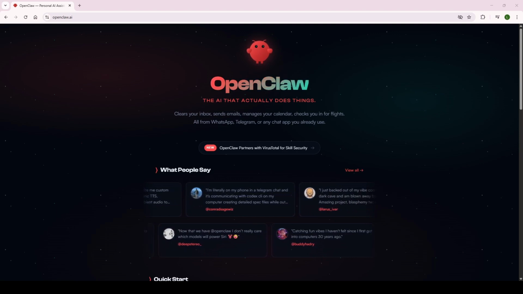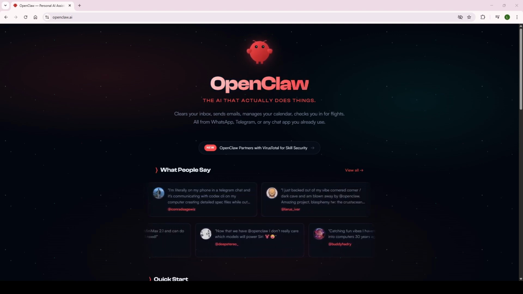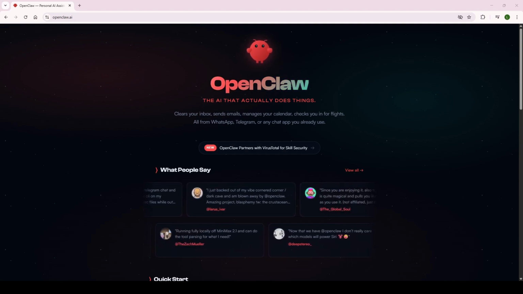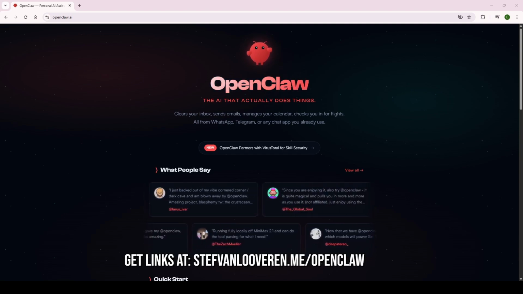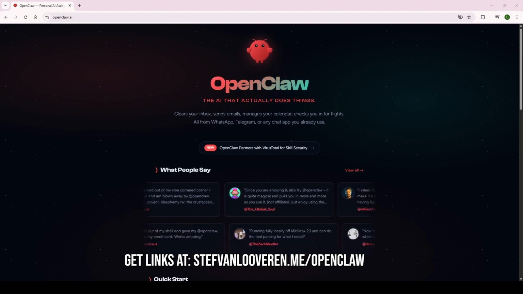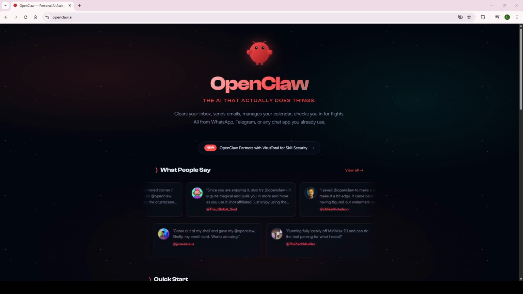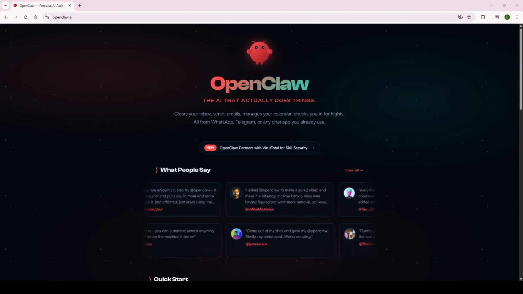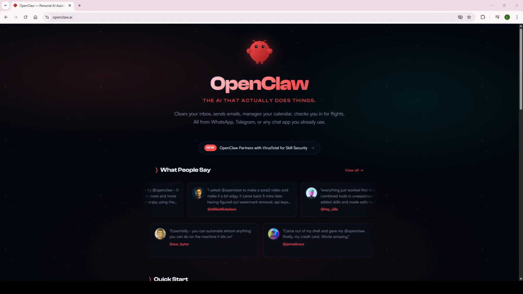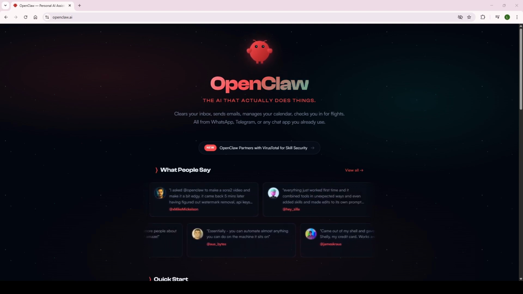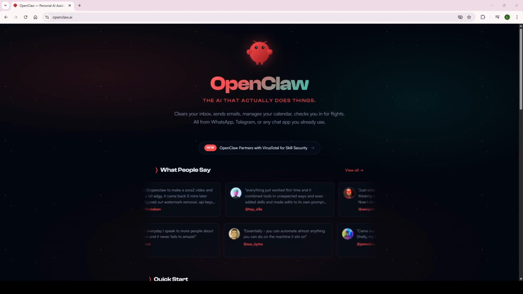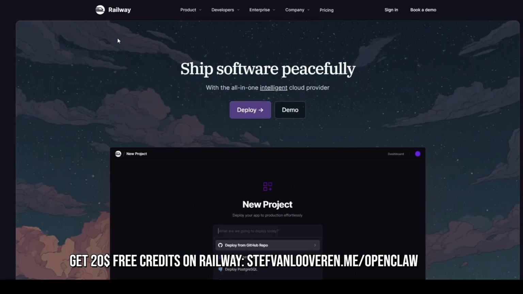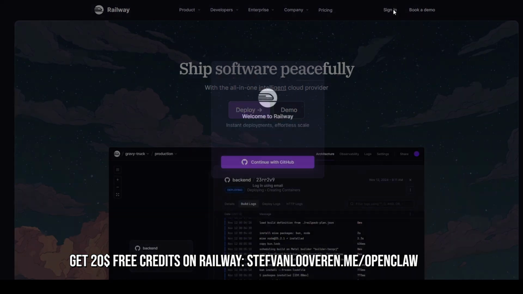In this solution and in this tutorial, I will be setting it up with Railway. Railway is an automation platform, basically for setting up real platforms as a service with just a few clicks. So this is something that you will be able to install in a matter of like 10 minutes, maybe 15. So let's get started. We go to Railway, and here we need to sign in, and we will need to